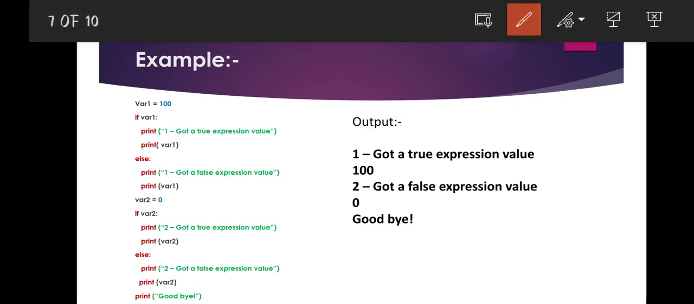Here, first of all, initially we are assigning variable1 = 100. 100 is the value stored in variable1. And if variable1 colon, what does it mean? 100 is a non-zero value, so the condition becomes true. This condition becomes true, so it executes these two statements that we wrote inside the if statement. So we got the output "1 - Got a true expression value" and 100, and later